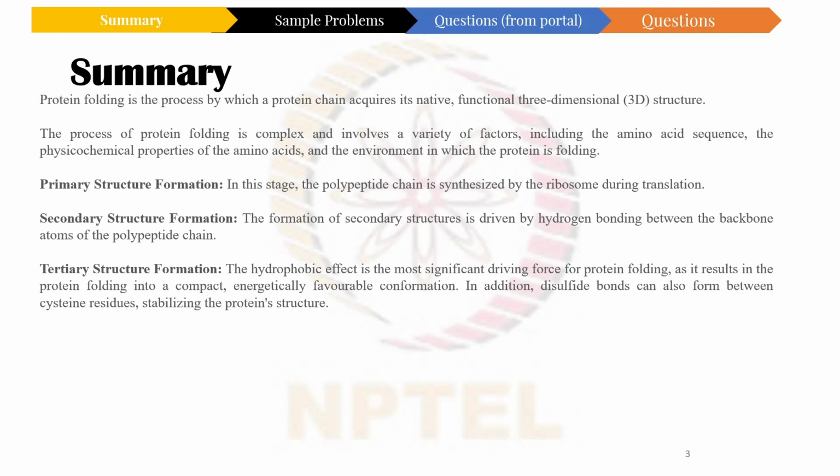So the tertiary structure of a protein is the final folded 3D structure of the protein. The folding process is driven by a combination of hydrophobic interactions along with van der Waals and electrostatic interactions. The hydrophobic effect is the most significant driving force for protein folding, as it results in the protein folding into a compact and energetically favorable conformation. In addition, disulfide bonds can also form between cysteine residues, stabilizing the protein